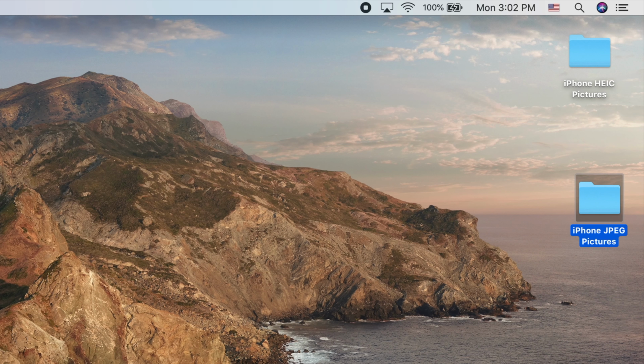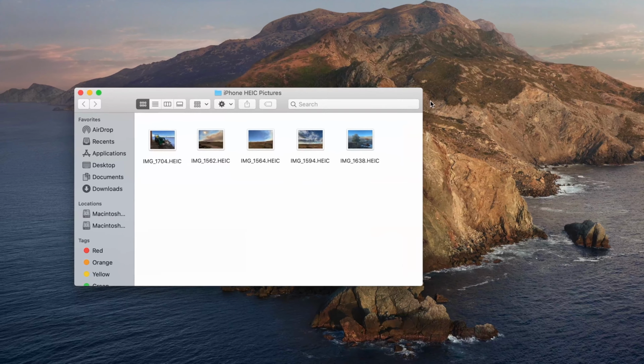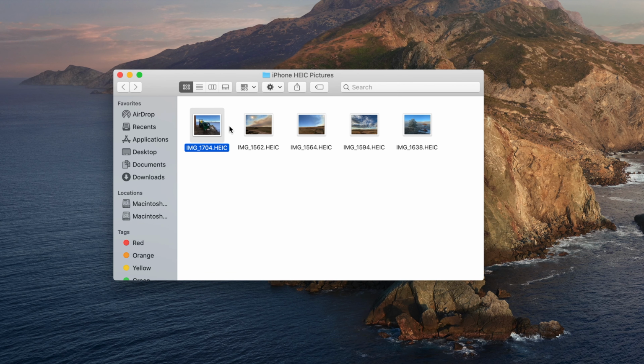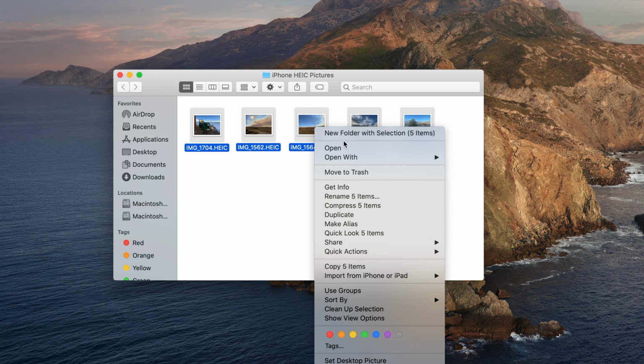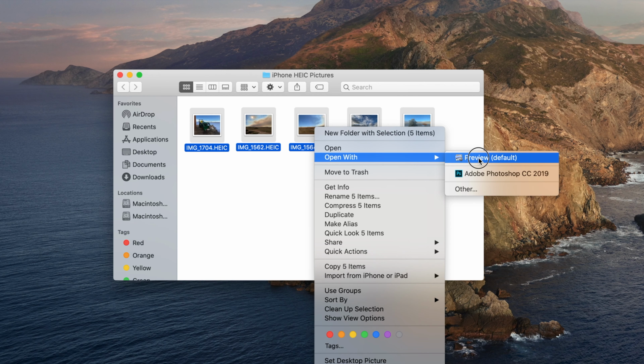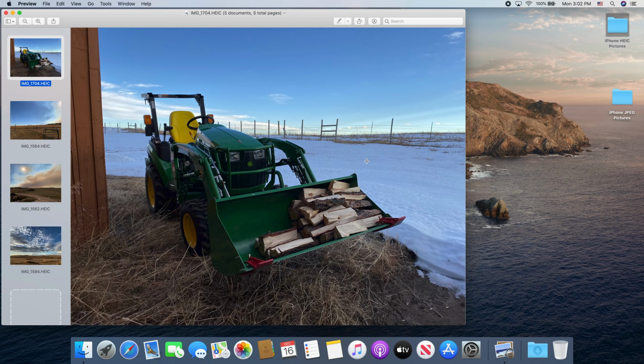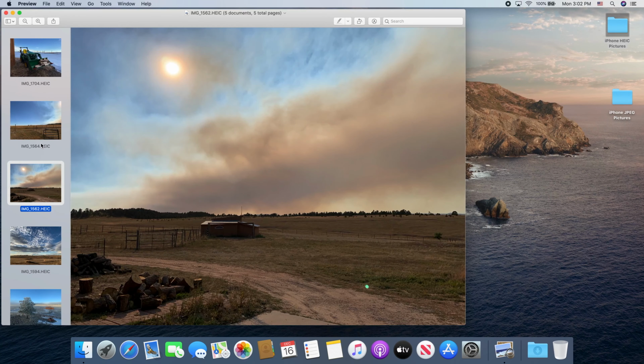change. Next, select the pictures you would like to convert by holding Command and selecting them individually, or press Command-A once to select them all. Then, Control-click or right-click on one of them and select Open with Preview. Preview will open all of the pictures in one window and display them as thumbnails in a scrolling list to